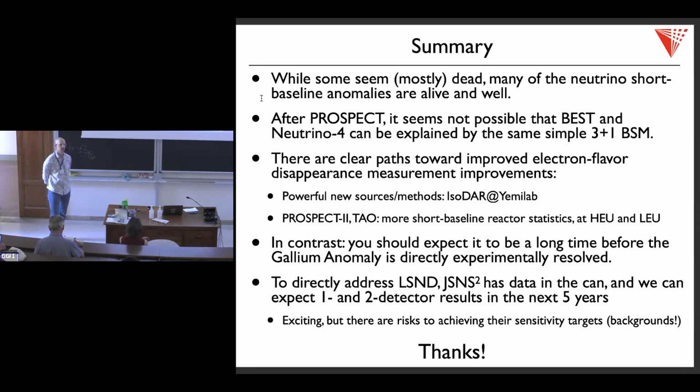Okay. Basically, all the other short baseline experiments have lots of questions about the Neutrino-4 analysis. One thing I will say is that the Neutrino-4 experiment is not done. They are building upgraded detectors that will be, in theory, more sensitive than the ones they previously built. So that's one argument for needing other experiments like PROSPECT 2. If we question the results that came from Neutrino-4 before, we're going to have new results from them, so we're going to want equally powerful data from another group of people, so that we can get some cross checks.